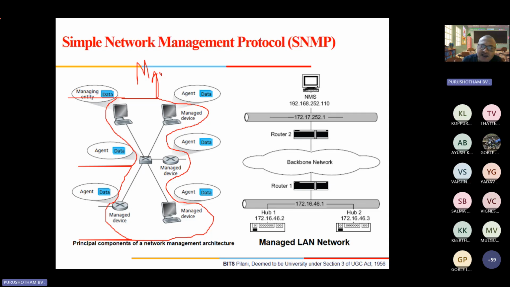Okay. Now maybe every 12 hours or 15 hours or 20 hours there could be one connected device. So there is a manager which is going to see whether these many devices are working properly or not. So for this manager, there could be a manager of managers.